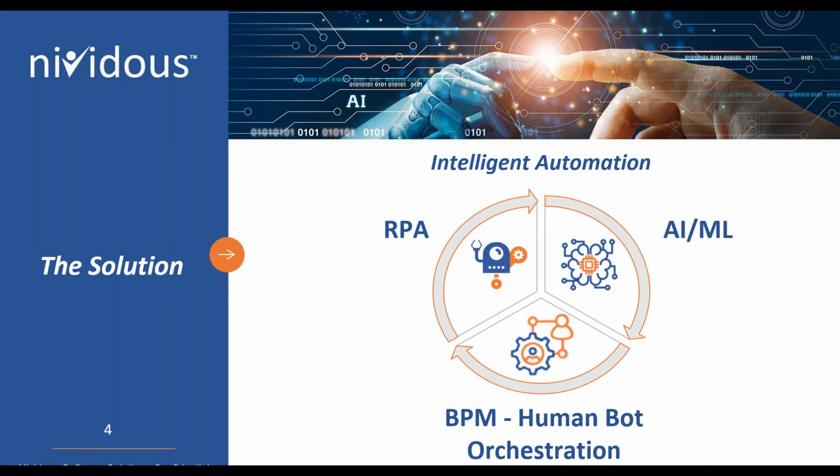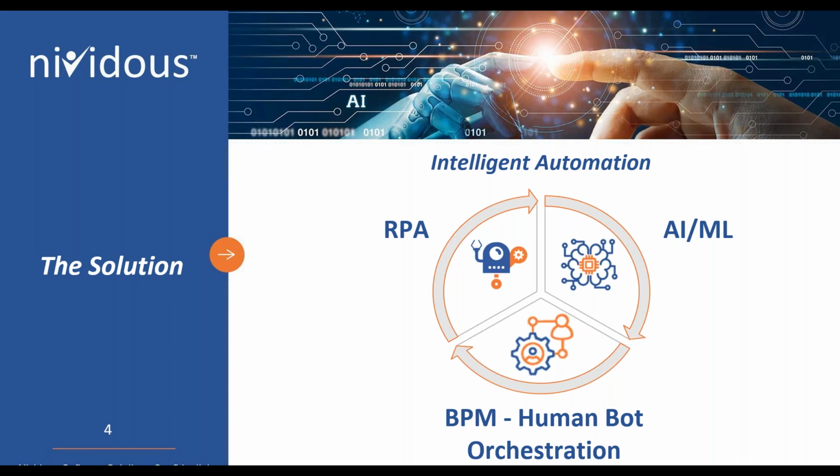But in most cases, there are still going to be the need for tasks that have to be done by humans. And so what we have found is with intelligent automation, when you can build the human components into the solution and keep the human resources that you have in your company focused on the things that they do best and away from that repetitive, mundane work that you can have automated, not only do you reduce the human errors that are introduced, but you also are going to get more productivity out of both sides of the equation.